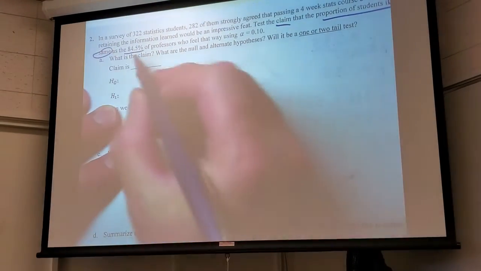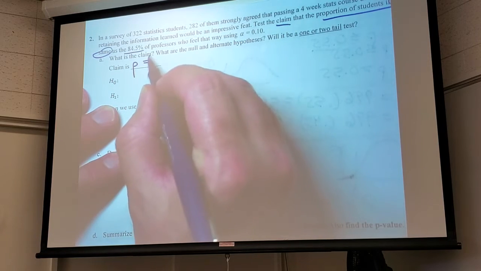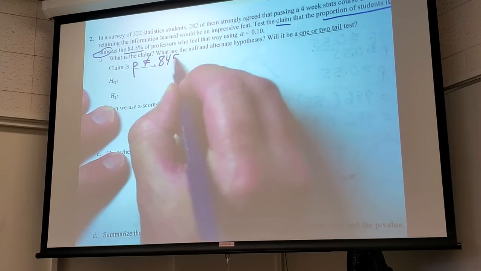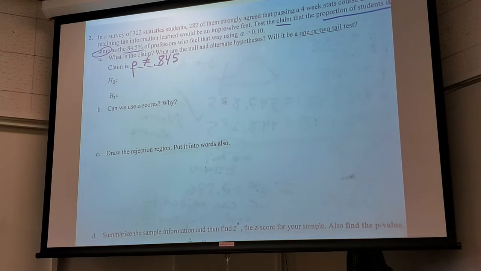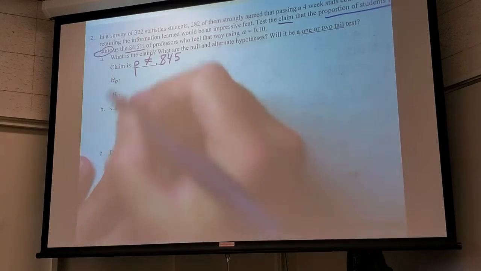So, proportion not the same as 0.845. Remember, percentages are an extra thing that we humans invented. So whenever we want to do math with these things, we have to change it to decimals. It's one of the most immediate mistakes people make, is to not change things to decimals. So that's what gets every hypothesis test off the ground. That's why a hypothesis test exists. If there was no claim, why would a hypothesis test exist? So it gets things going. Where does it go? I'm going to update these old worksheets. In the H0 or the Ha?